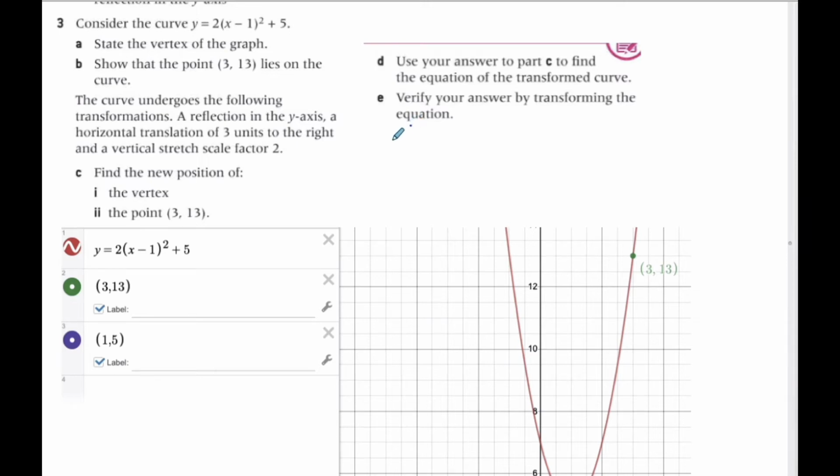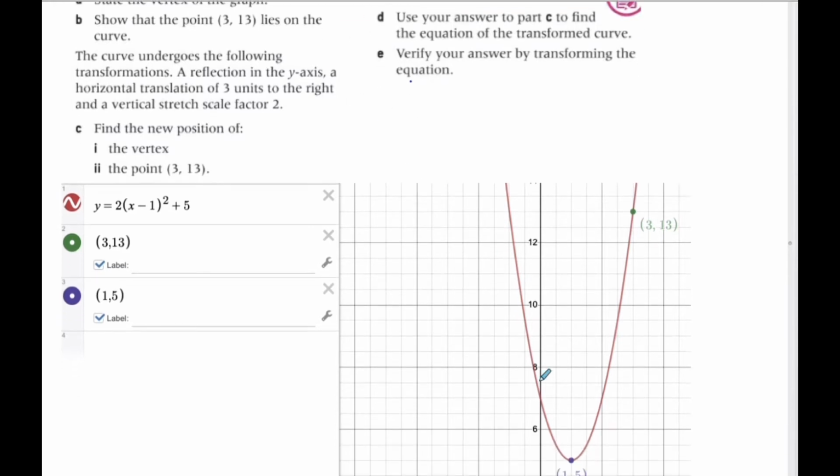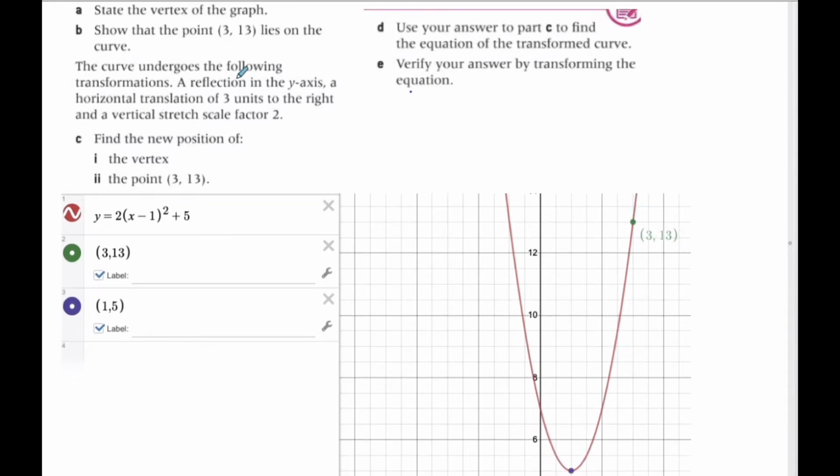All right, so in this problem here, I'm going to skip quickly through number 3a and b, and you can see that we have our vertex here at (1, 5), and (3, 13) is on the graph. But what I really want to talk about is c, d, and e. Okay, and so it undergoes a reflection over the y-axis, then a horizontal translation 3 to the right, and a